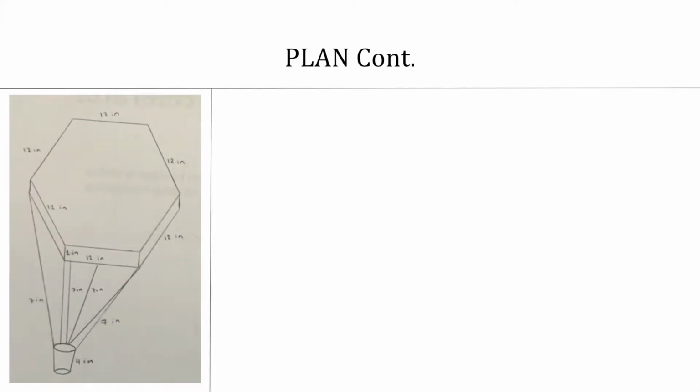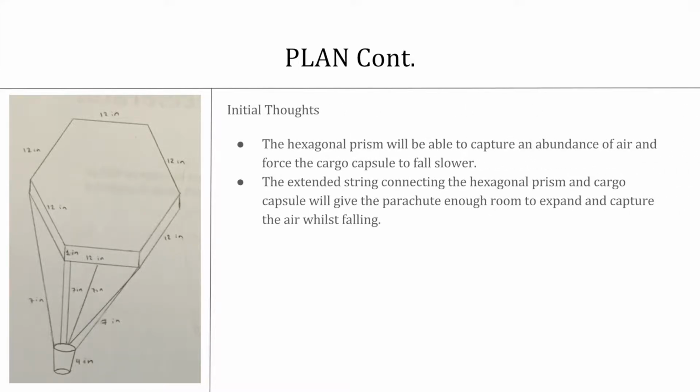The sketch I drew is shown below, and as you can see, instead of a simple hexagonal parachute, my group and I decided to make a hexagonal prism parachute. We believed that this design would be more efficient, as our initial thoughts were that the hexagonal prism will be able to capture an abundance of air and force the cargo capsule to fall slower, and that the extended string connecting the hexagonal prism and the cargo capsule will give the parachute enough room to expand and capture the air